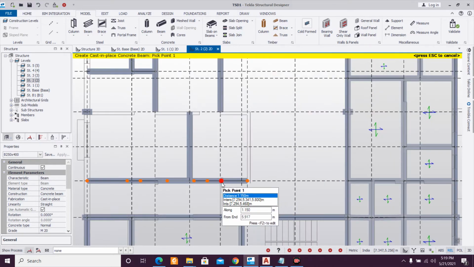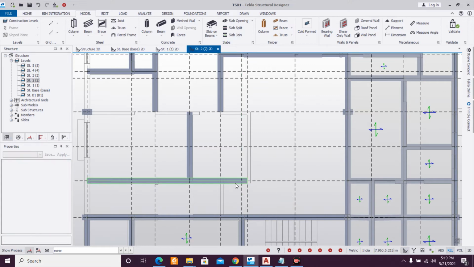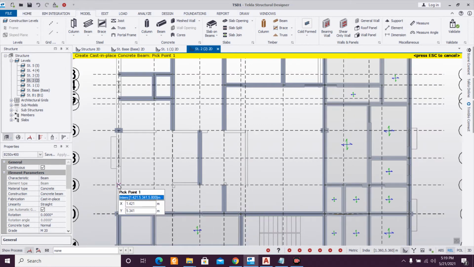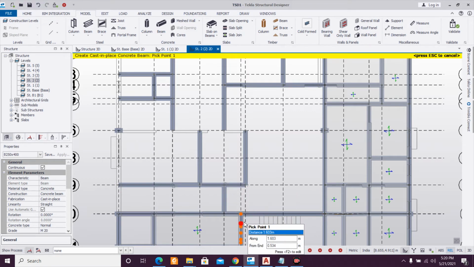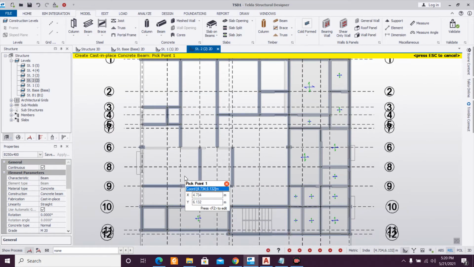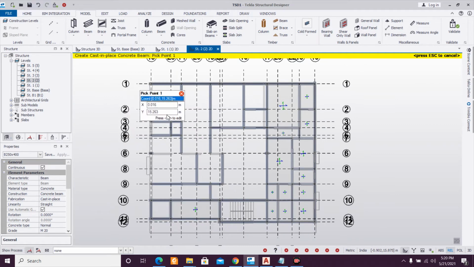Okay, so this one, I think we have to delete this beam, and select the beam, select this beam, select this beam here like this, and time for the main beam, I think.